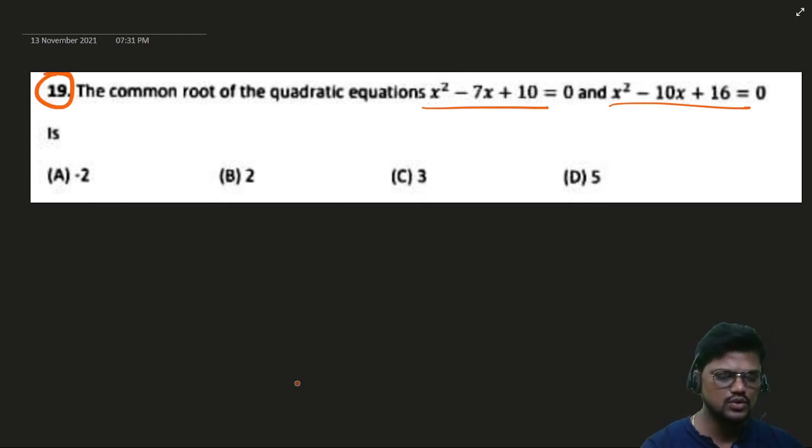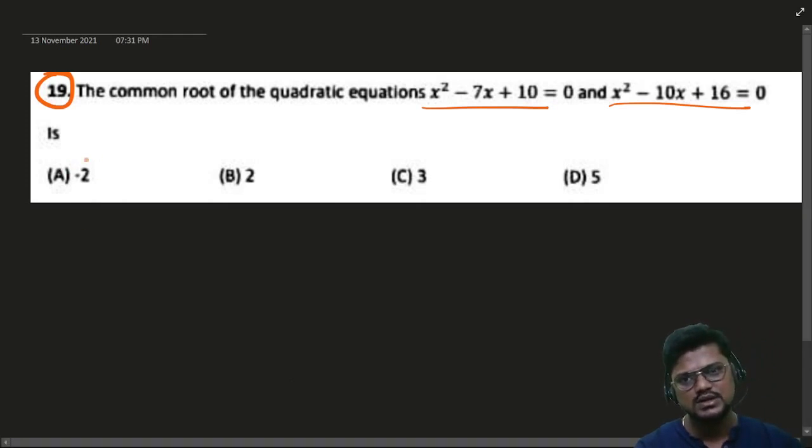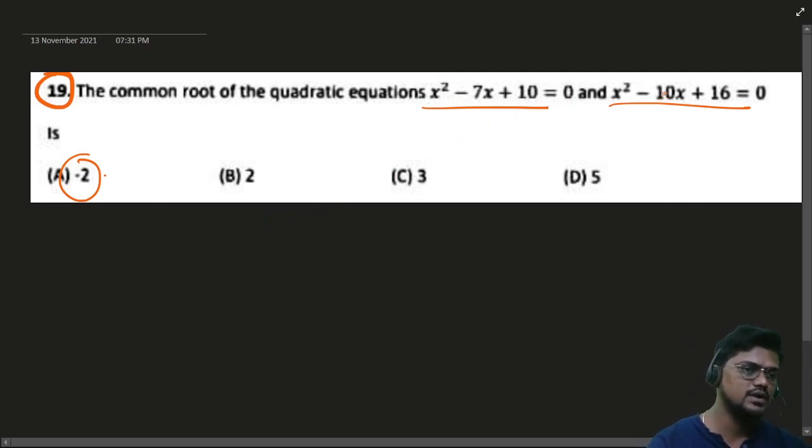They are the point of intersection of both the curves, if you equate both of them. So to do it, either you can substitute minus 2 in this, and if you get 0, and minus 2 in this also, if you get 0, then it is fine. But the problem is it will be lengthy. What you can do is solve both the quadratic equations. That will be short for you. See what you can do.